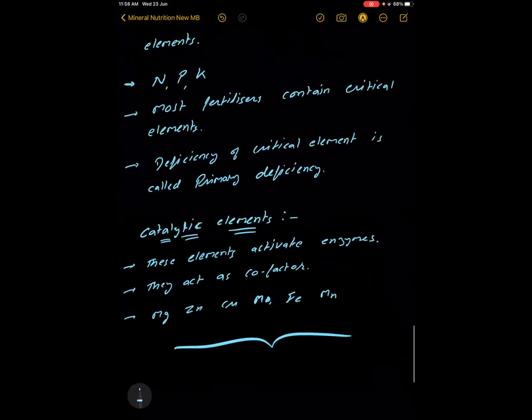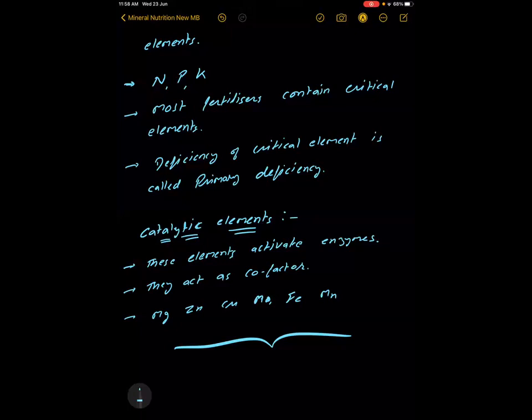In this weekend exam, till which topic do we have? Till this mineral nutrition. Complete plant physiology first: mineral nutrition and transport in plants. Till the functions of minerals. After that the nitrogen cycle will come, so the nitrogen cycle is excluded in this CT1.